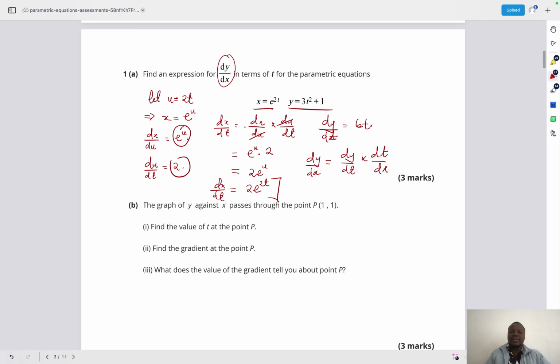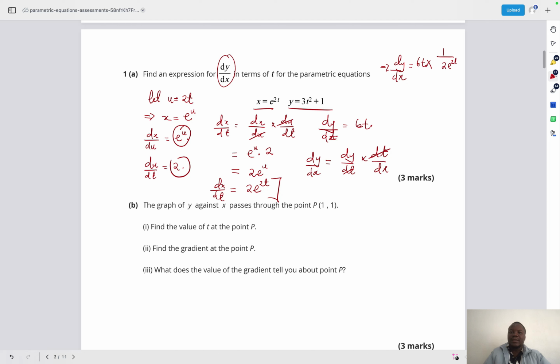Quite similar to what we did here, but in this case our dt's are going to cancel. But the key thing is that we do not have dt/dx. What we have is dx/dt, so we need to flip this fraction. So to finally get dy/dx, we multiply dy/dt, which is 6t, times the reciprocal of dx/dt, so we multiply by 1 over